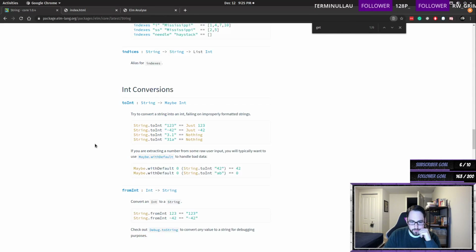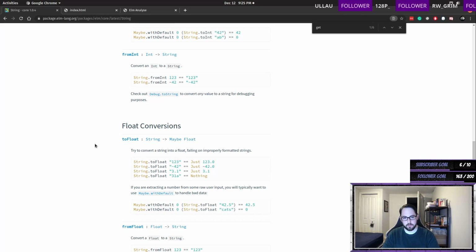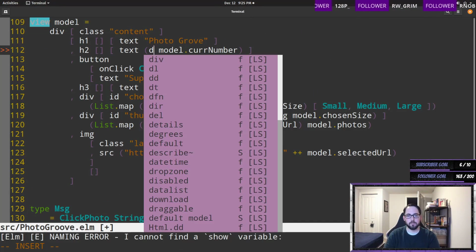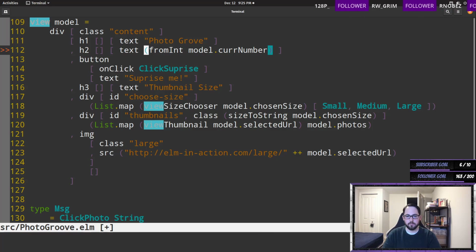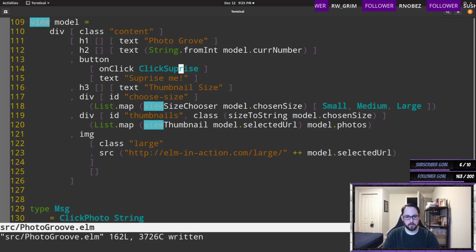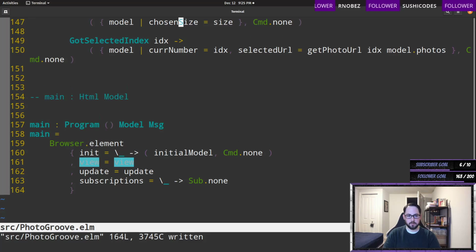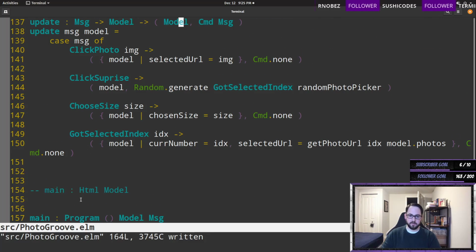Int conversions. From int. You got it. And to be very clear, we want to turn it to a string. I'm surprised it does not try and put this on another line. It's kind of interesting. All right, so now in theory, we should be able to